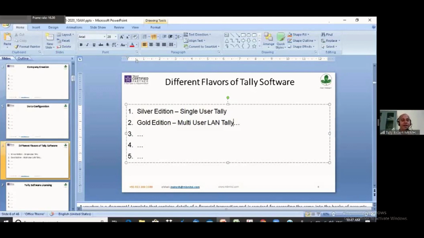Tally on multiple computers parallelly, simultaneously on LAN. LAN means local area network. Example, in your office you have 4 computers and you want to use Tally on all the 4 computers, then you need to have Gold Edition, it's multi-user Tally. Okay, so the licensing comes in 2 different flavors. One is single user, one is multi-user. Okay, the third is